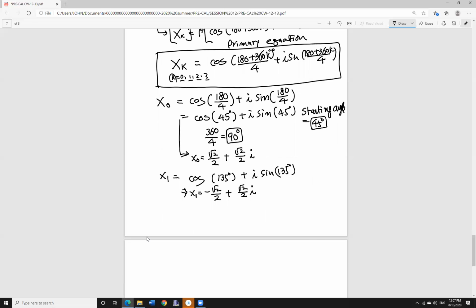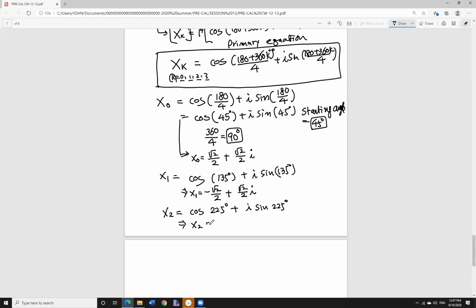Now the third one. Another 90 degrees over here, right? 135 and 90 is how much? 225, okay? So cosine 225 degrees plus i sine 225. Cosine 225 is negative, right? So negative, I'm going to write